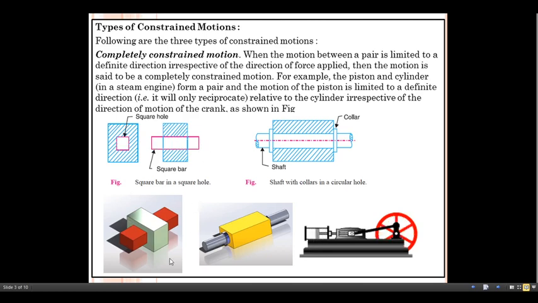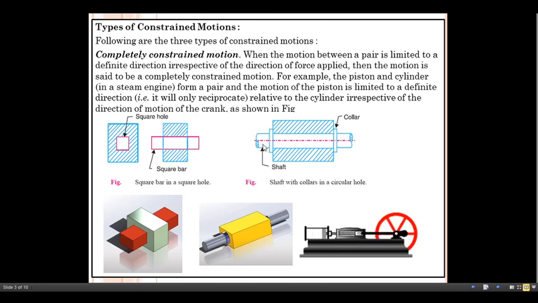This will be more clear to you with the help of this picture. Now another example is given here, a shaft with collars in a circular hole. Now when the collars are provided at the end of the circular hole or the shaft in front of us,